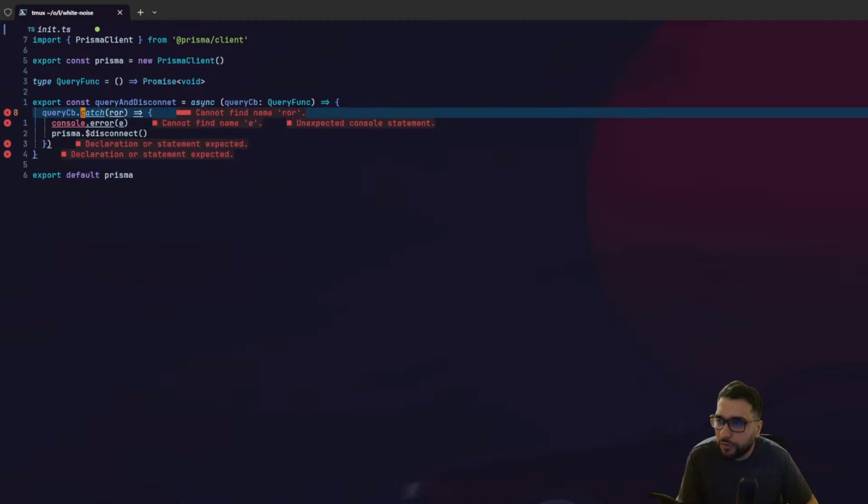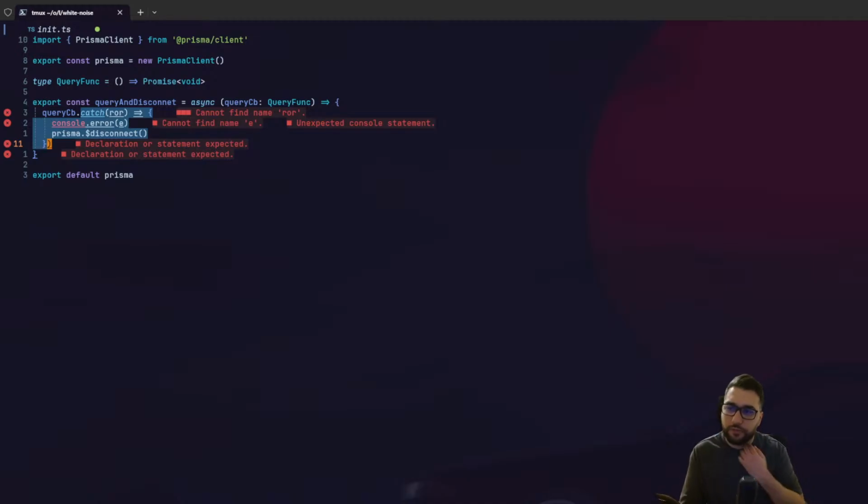Let me do that and then do finally directly. You know what? I am catching the errors there anyway, right? And it should be in an async function. Man, I forgot about this part. It should be